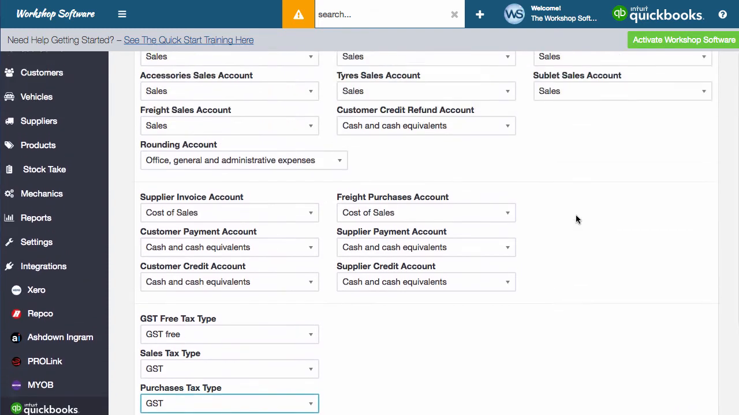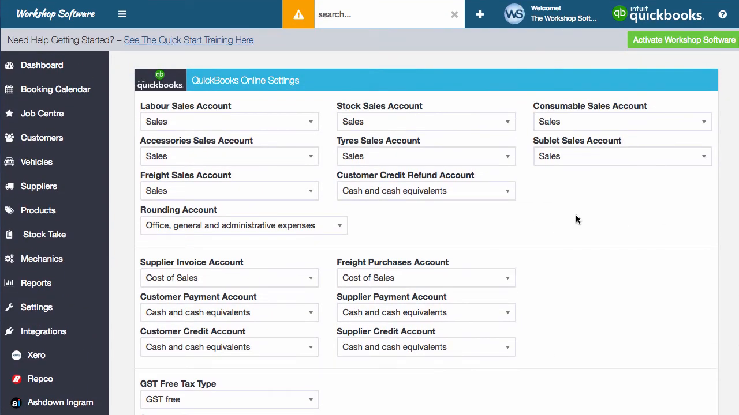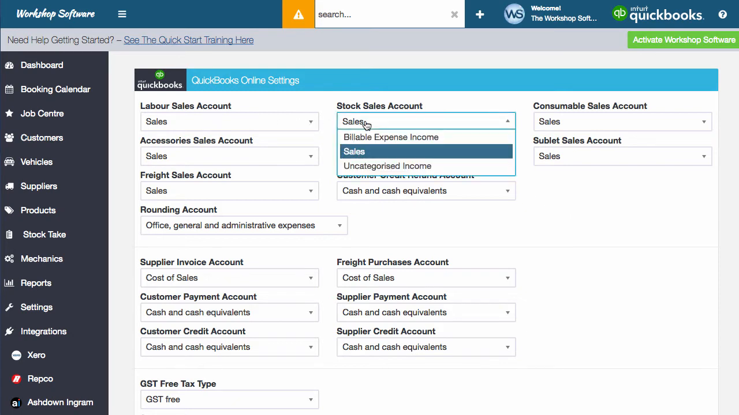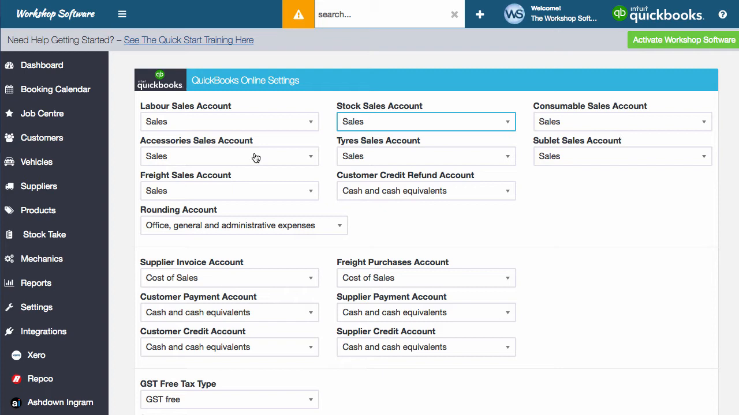So once you go through and set up all your accounts, it's pretty easy to set up. So basically what I've done here is I've made these all go to sales accounts. You can split those up if you want and have them go to all sorts of different accounts if you like. That's completely up to you. Maybe best to speak to your bookkeeper or accountant about that as to what might be the best way to